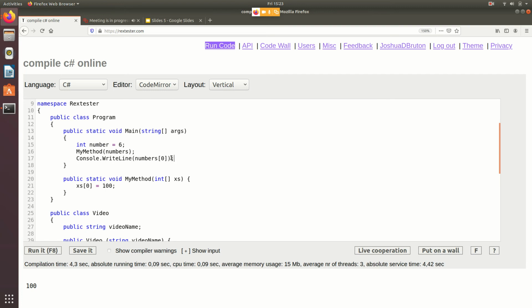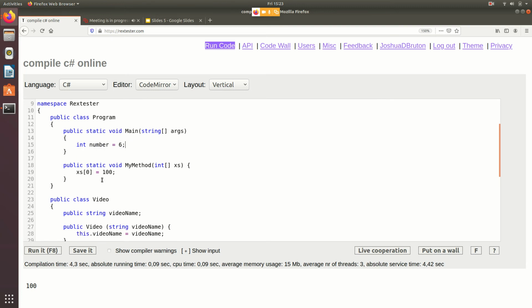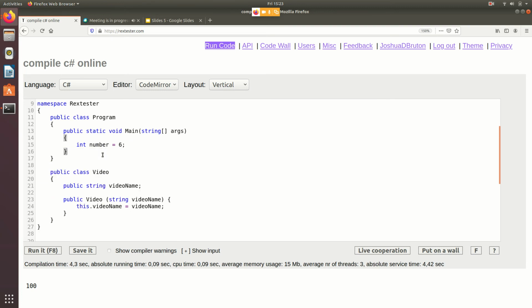But last thing before we take a little break, this will just be to show you that lists are objects. I'm just going to remove the method thing. We understand pass by value and pass by reference now. I'm going to create a list of numbers. Actually, let's create a list of names, string, to show you that this works with other things as well. So string names, that's how we create a list, right? We put some names,